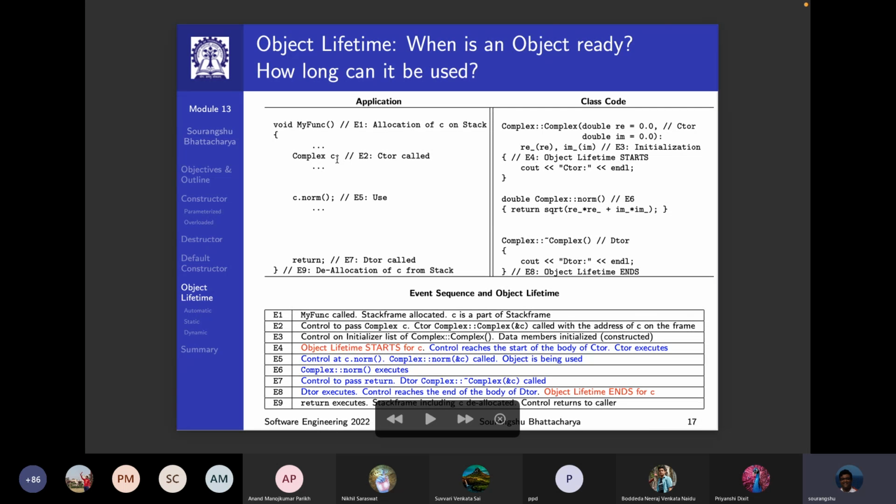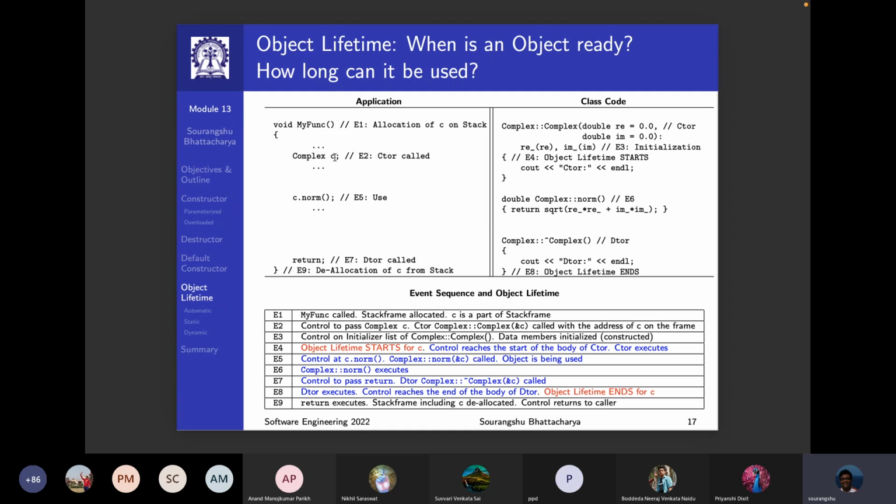So this C is now an object. C is a variable which denotes an object of type complex. So the lifetime of the object is basically the time from its construction to